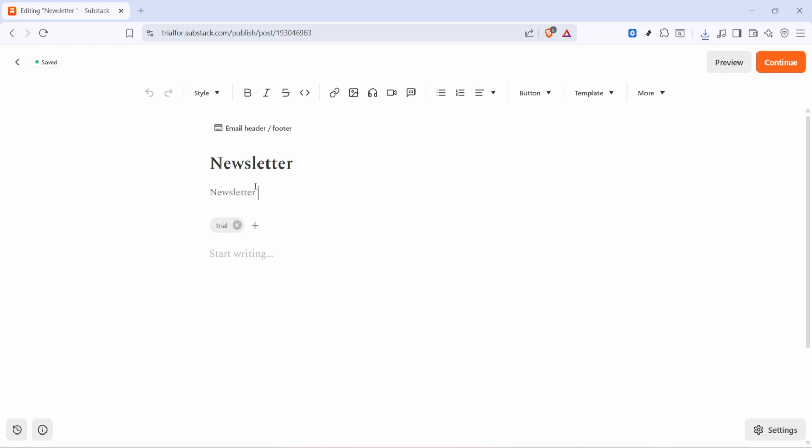Then move into the body. Lead with a strong hook. Keep paragraphs short for readability on mobile, and use formatting like headers or emphasis sparingly to guide the eye. If you reference sources or tools, add links directly in the editor so readers can follow along. Aim to deliver value quickly and close with a simple call to action, such as inviting replies or sharing the post. When your draft feels ready,